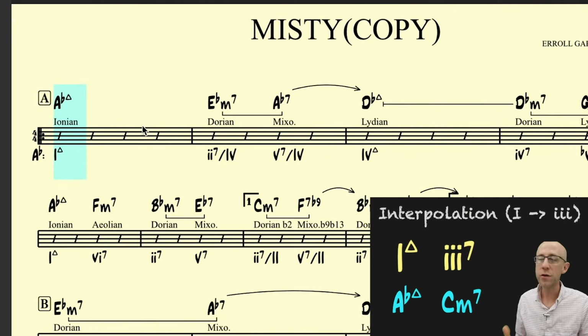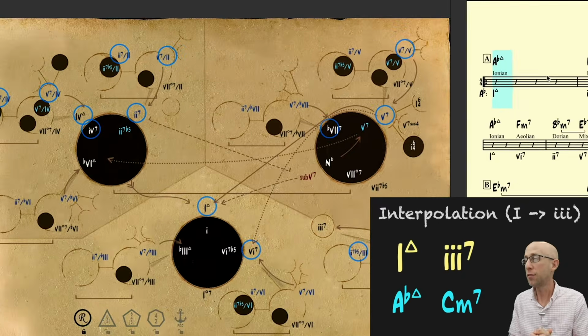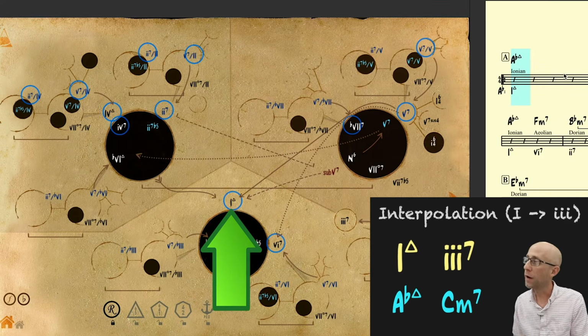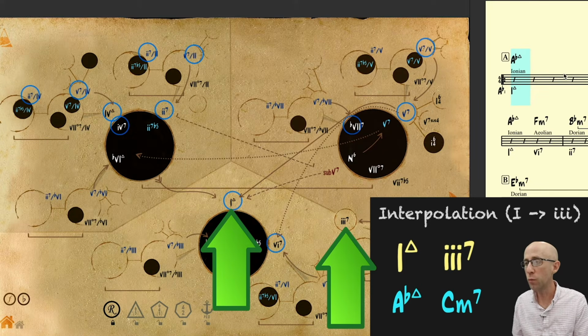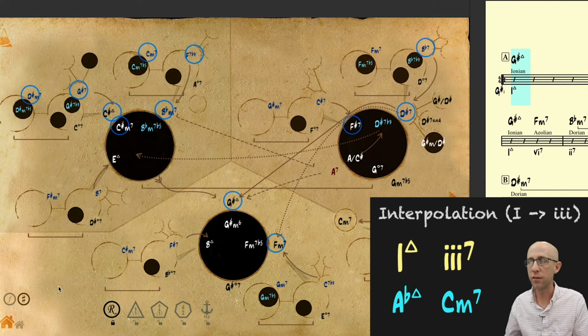Alright, so right away in measure 1, we see an interpolated C minor. A flat is our 1, and C minor is the 3 chord. And this is something you can always do because the 1 chord and the 3 chord not only share the same region in our map. If you look at the upper part of a 1 major 7 chord, you'll see the notes of the 3 chord. So it's sort of like self-contained within it, right?